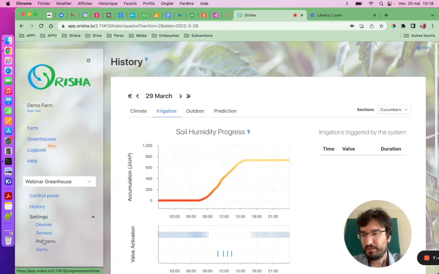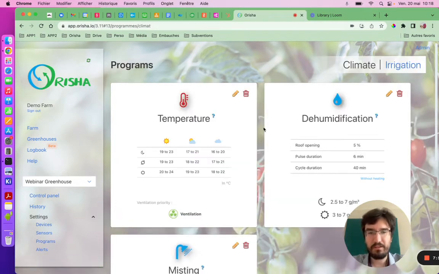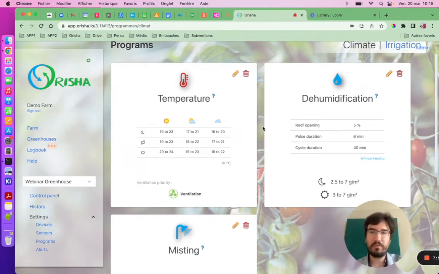Now let's go to the program, and we'll go back to device and sensor and alarm after. So this is the core of the Orisha system. That's how we make it simple. The temperature is a range. So if you want maybe at night, if you had sunny conditions during the day, you want to keep it a little warmer in the greenhouse. And if you have cloudy conditions, most of the time you will want to keep it a little cooler. So that's why you have different settings that you can put in, and the system will try to stay in between these